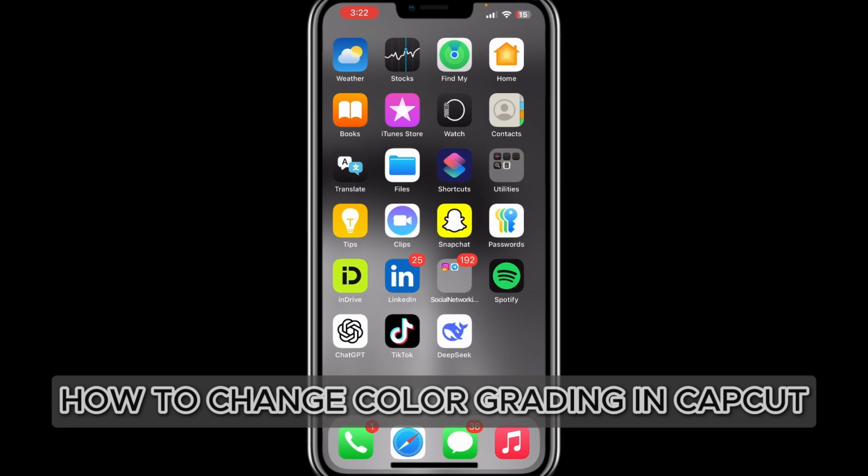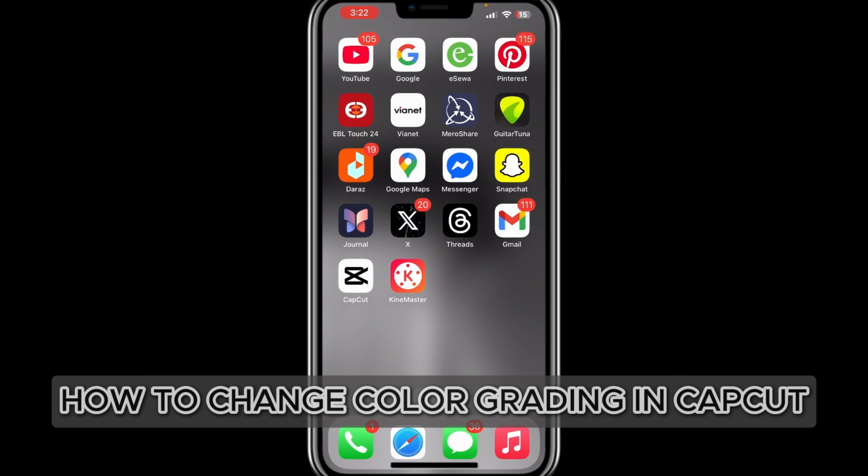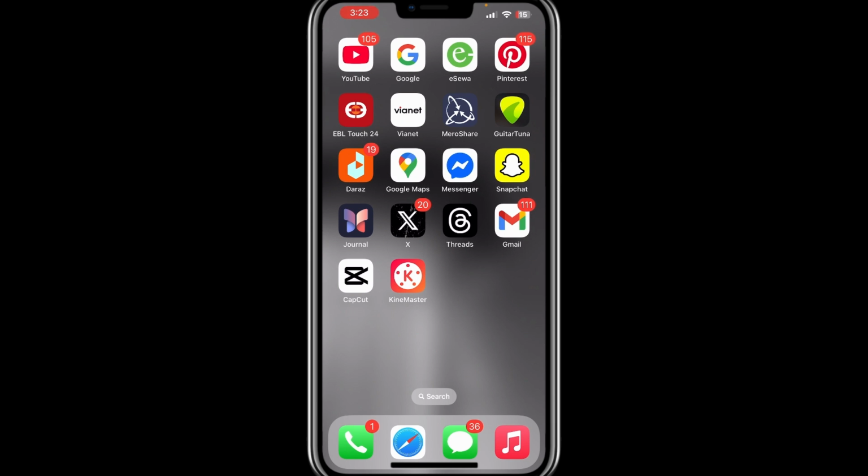How to change color grading in CapCut. In this quick tutorial, I'll be showing you how to do it step by step. Let's get started. First, open CapCut